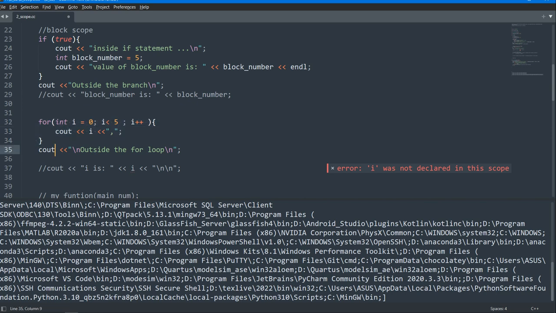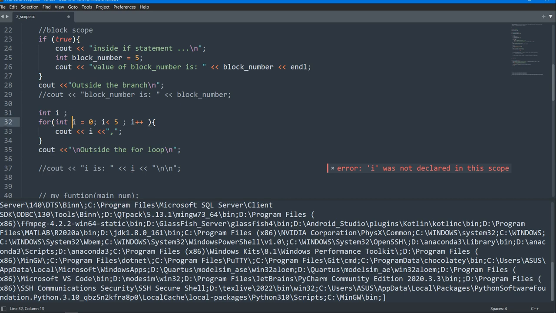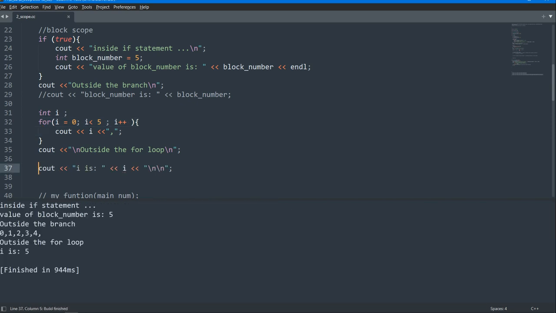So that's one of the reasons that we are declaring i inside this for loop. Another way is having the declaration outside of the for loop, and inside the for loop we only initialize it, and if we push the declaration outside of this for block, we no longer get this error. i is 5, yeah, because